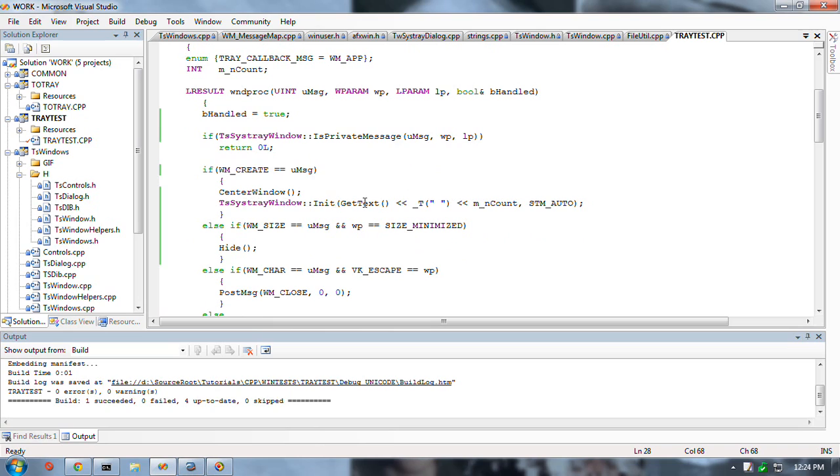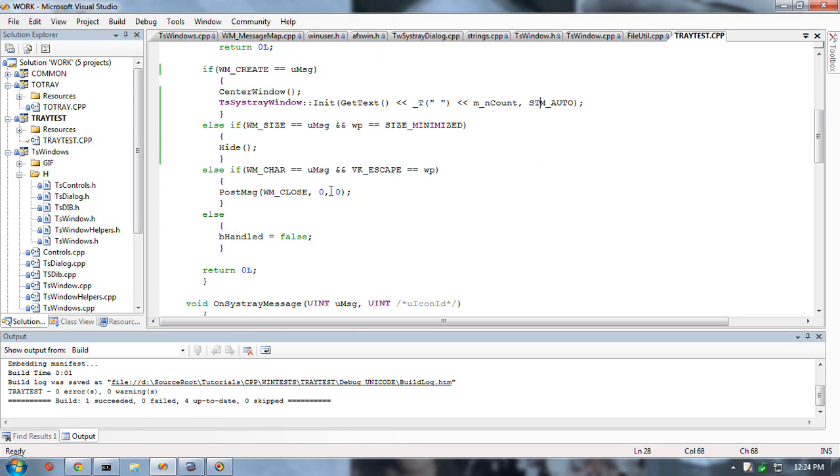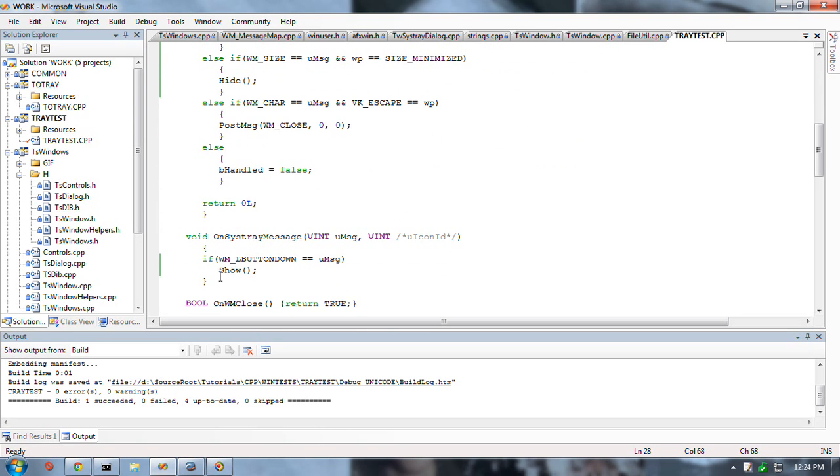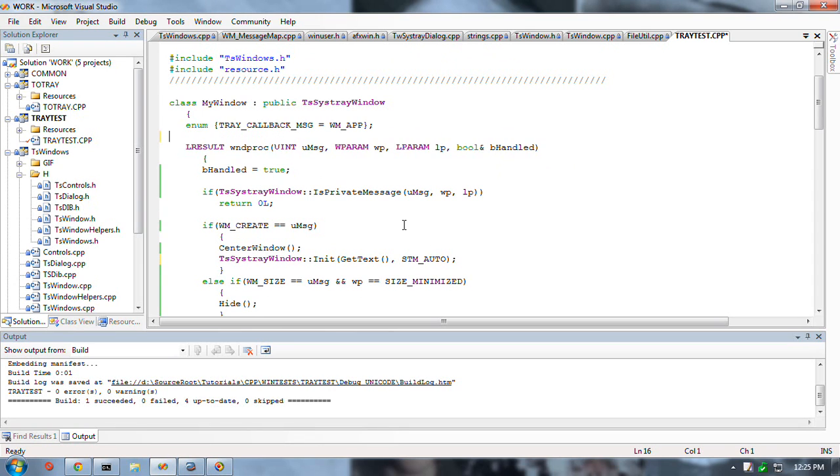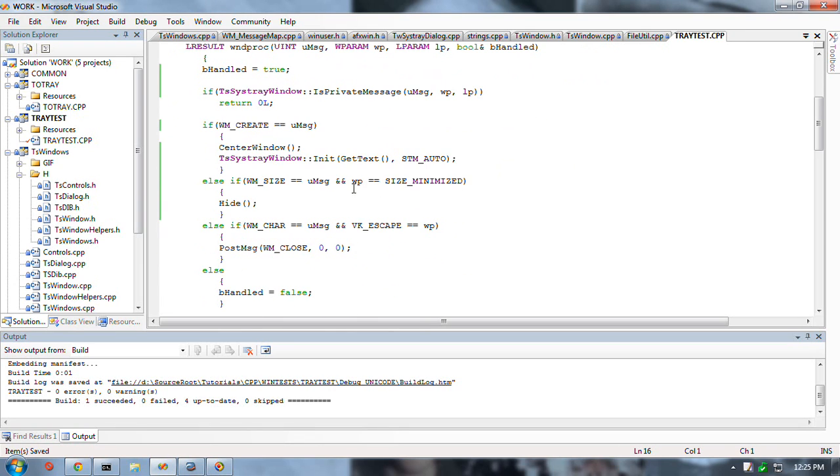So, I've initialized the tray text with this text. And, well, it's kind of useless now. Just get text. Forget the count. I'm not doing anything with that count anymore. Okay, so I'm just using the window text. That could even be a default. I could put mode front maybe. And